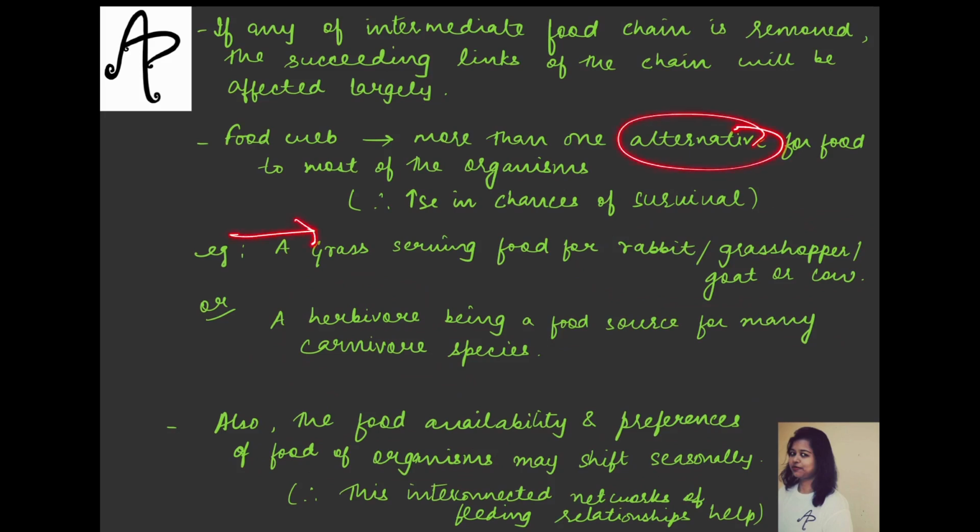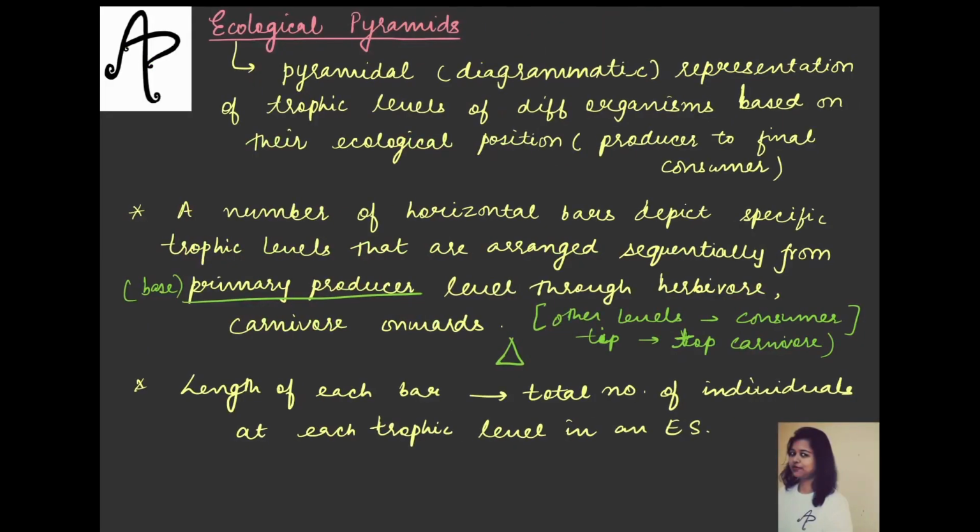If you just rely on one kind of food, let's say you like eating a particular fruit which is available only in summer, and if you rely completely on that fruit, how will you survive in winter and other seasons? ऐसा तो नहीं हो सकता ना. So this is just one example. Of course the availability and the preferences will keep on shifting seasonally, and in that case you will have an alternative to take care of your food needs, and this interconnected network of feeding relationships will help you in that, right? Okay,